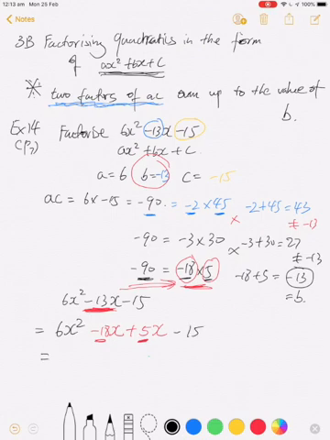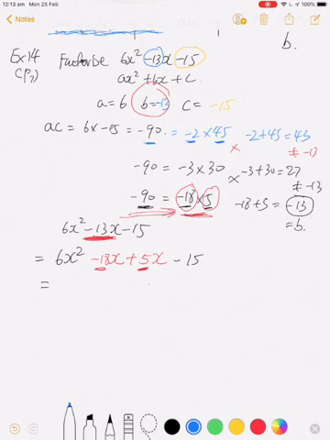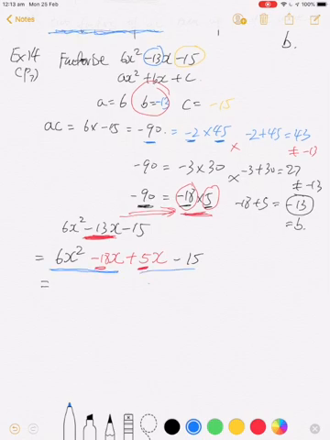Now we can start to do the grouping. We're going to do these two together and these two together. Then it will give me 6x squared minus 18x plus 5x minus 15. So we have two groups, and then we start to take the common factor out. For this one, the common factor will be 6x, which gives me